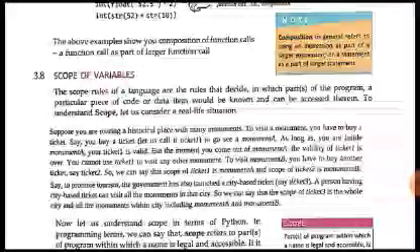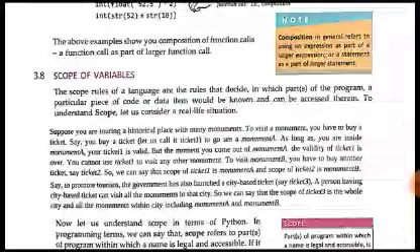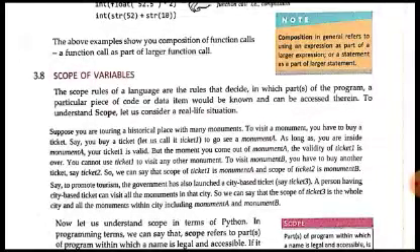First of all, we will start with the topic which is scope of variables. What is the scope of a variable? I have told you in the live class and discussed it in the previous videos also. The scope is the rules that decide in which part of a program a particular piece of code or data could be known and accessed from. A scope is that particular piece of code in which we can recognize and use a particular variable, and access it.